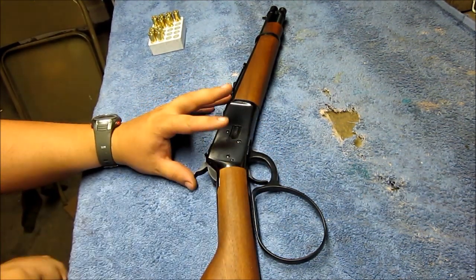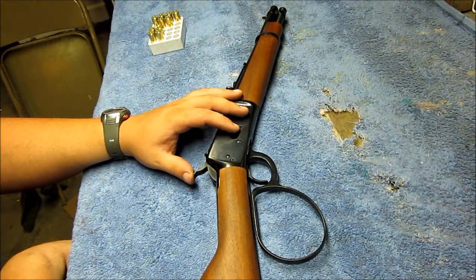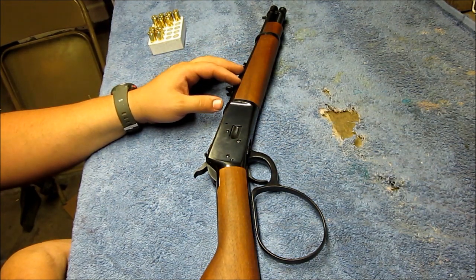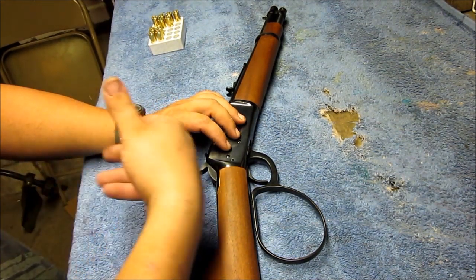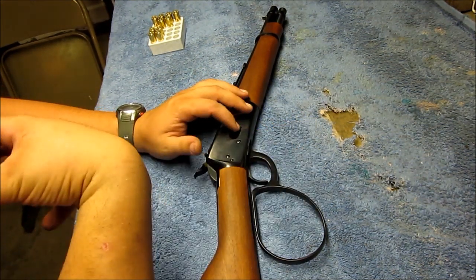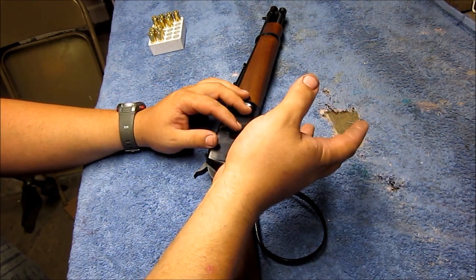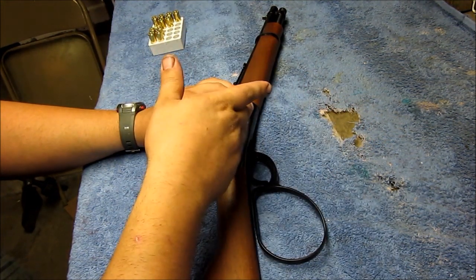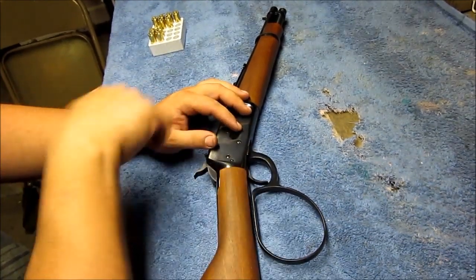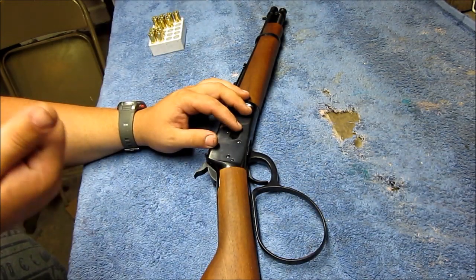But in a lever action, it's a much simpler action, and it shouldn't be finicky on ammo at all, in my opinion. And if it does jam up a little bit on you, you should be able to work the round into the chamber with the lever. From my experience, bolt action's the same way, guys. How many times in your life have you loaded a bolt action gun and no rounds will chamber in there? I mean, if it won't feed in, you take it back out, work it in,